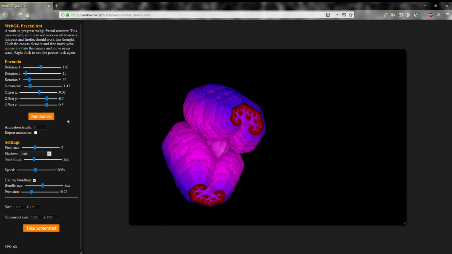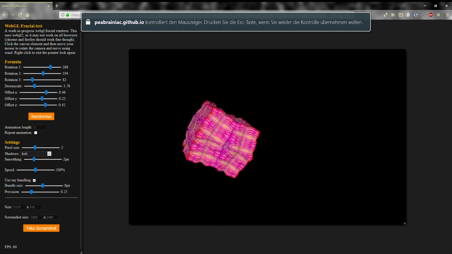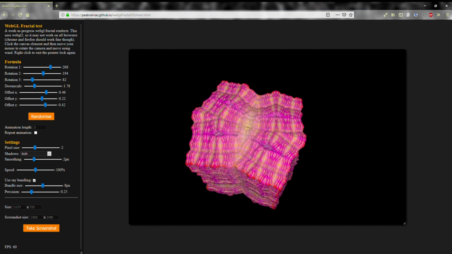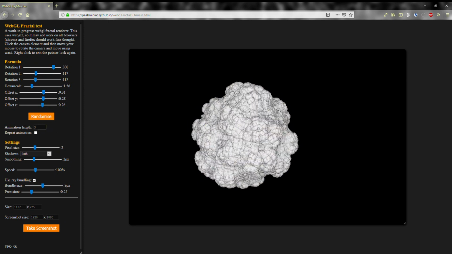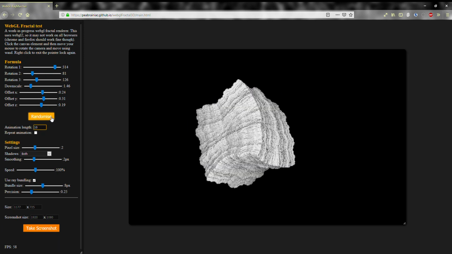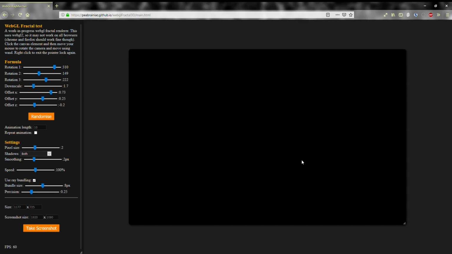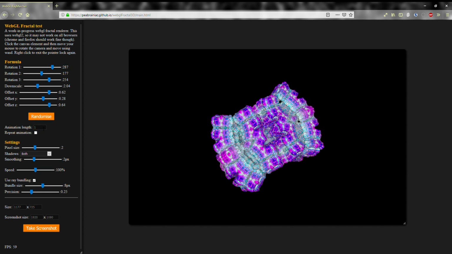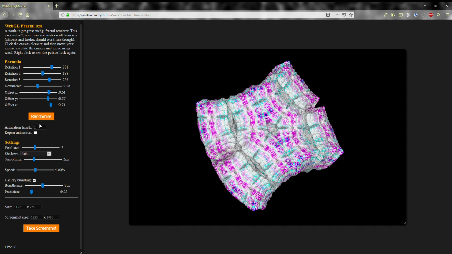Then another thing I added is an option to switch to a completely random fractal. And that's what this button here is for. And I've also made it so it slowly transitions to that new fractal over a period of time, which you can also adjust here. So right now that was 3 seconds, but I can also change this to 10 seconds, and then it will just take that amount of time instead of the old one. Sometimes the fractal can disappear entirely, but then you can just generate another one again and it should hopefully reappear. That's when these sliders go too far into the negative, then the fractal gets just lost basically.